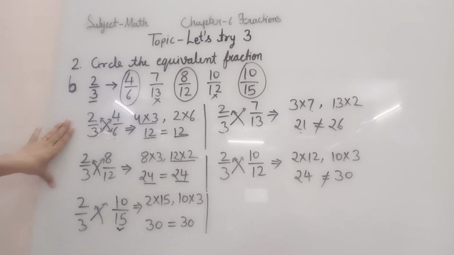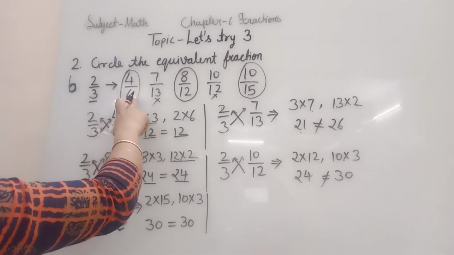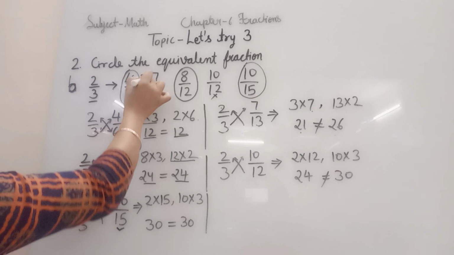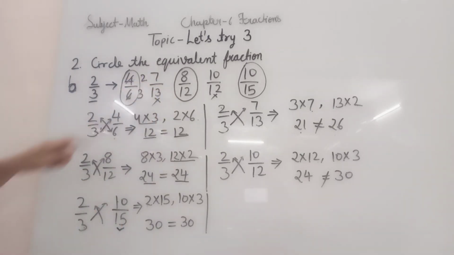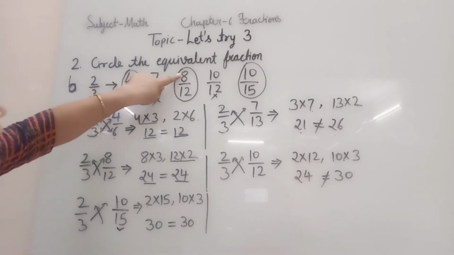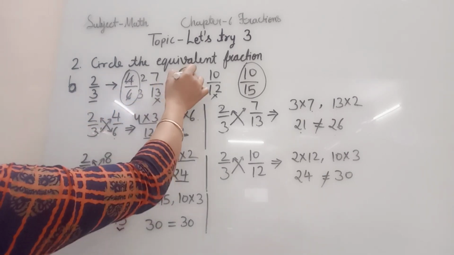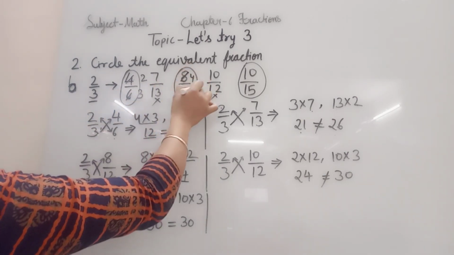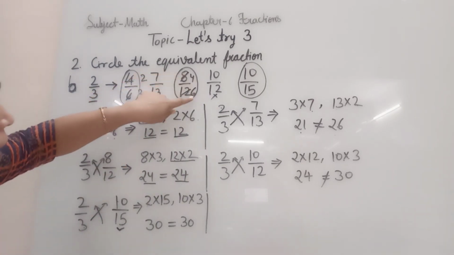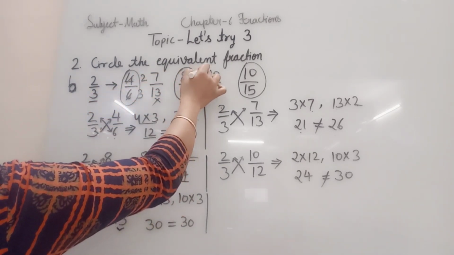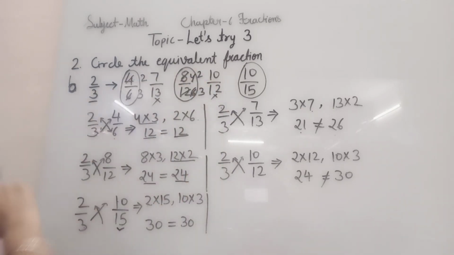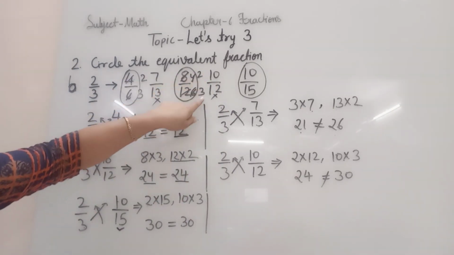This is a good method to solve it, and directly also we can tell. See, if I am dividing 4 by 6, how can we divide it? 2 2s are 4 and 2 3s are 6. So you will get 2 by 3, which is equivalent to 2 by 3. Now 8 by 12. Both the numbers we can divide by 2. 2 4s are 8 and 2 6s are 12. Again we can divide by 2 here. 2 2s are 4 and 2 3s are 6. So at the last you are getting 2 by 3.